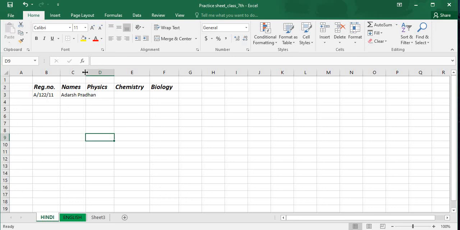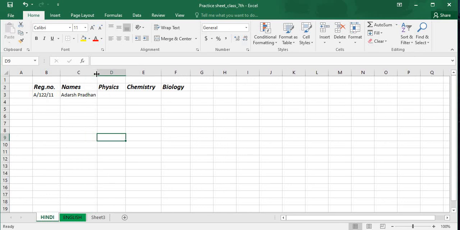By pressing the mouse button, you can change the width of the column by dragging it in this way. Now the column width is changed. Now enter the marks 93, then 88, and then 78.